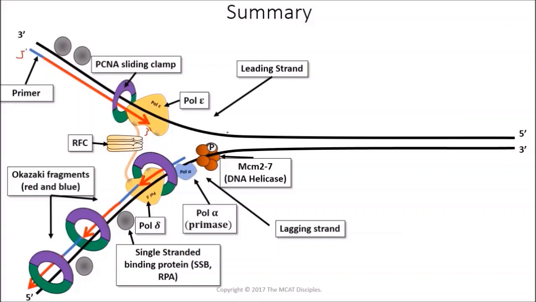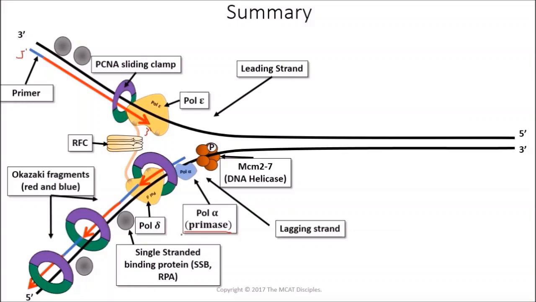The factors involved: you have the primer that's laid down by Pol alpha primase. You have the PCNA sliding clamp that's increasing the processivity of Pol epsilon, the amount of nucleotides added per binding event. You have replication factor C that functions to coordinate and place the PCNA sliding clamp onto the primer-template junction. You have MCM2-7, which is the ATP-dependent DNA helicase that will catalyze the deannealing of the DNA strands from one another in order for Pol epsilon and Pol delta to read the template and extend